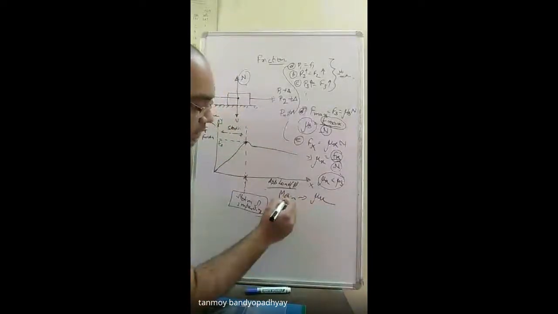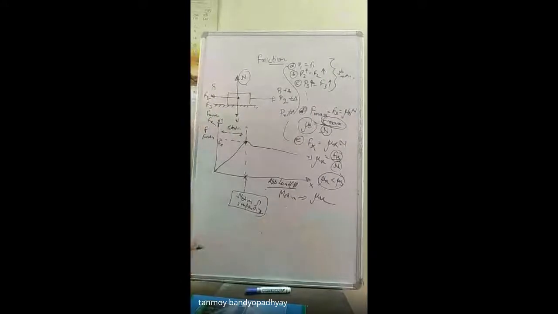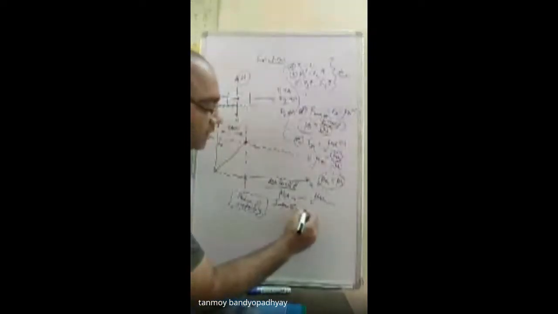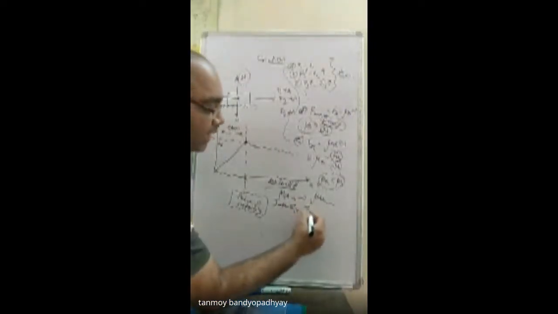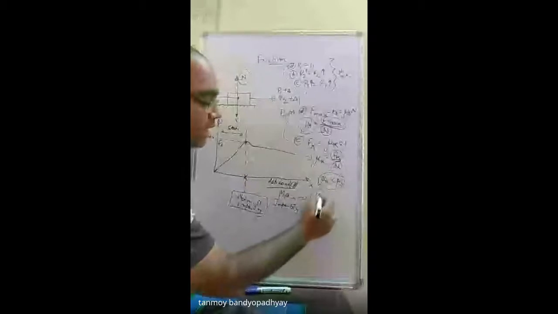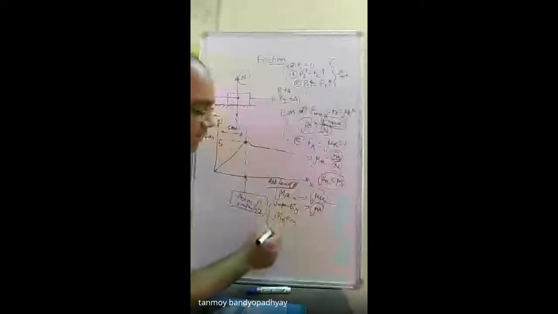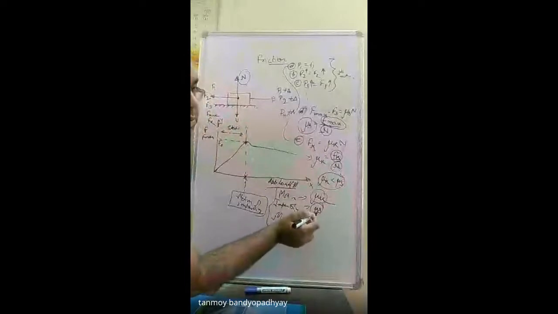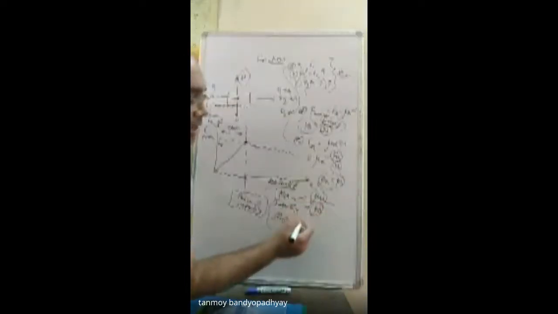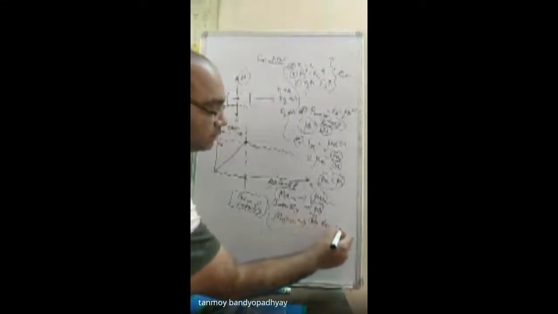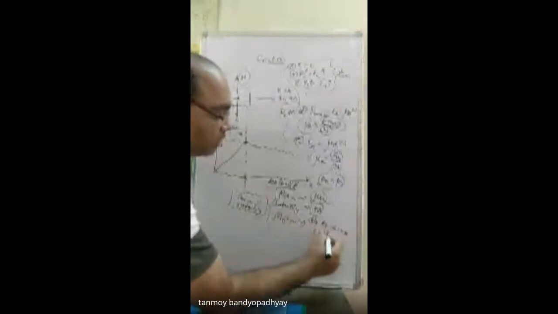And when there is no motion, then initially when there is impending motion, then the friction is F max. So in that case, we have to take mu s. And when motion hasn't started, friction in that case is a self-adjusting force. It won't be given by mu s n, it won't be given by mu k n, but it has to be determined by the equilibrium equations of the body.